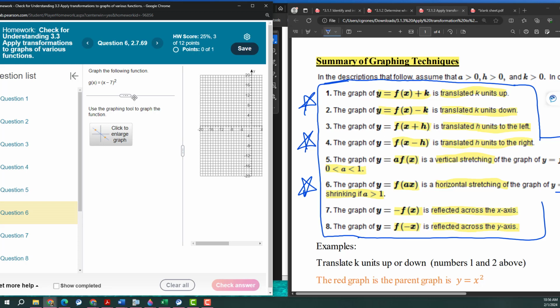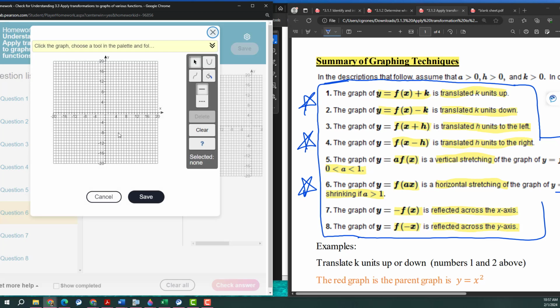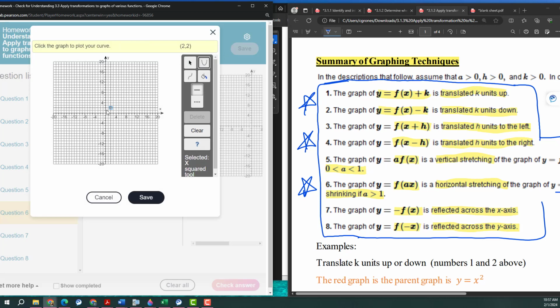All right, and so we still have our parabola that we're looking at. We just have a translation that we are going to be going to the right. In this case, we're going to be going right 7 points. So we still have our parabola. We're not starting at 0, 0. We're starting at